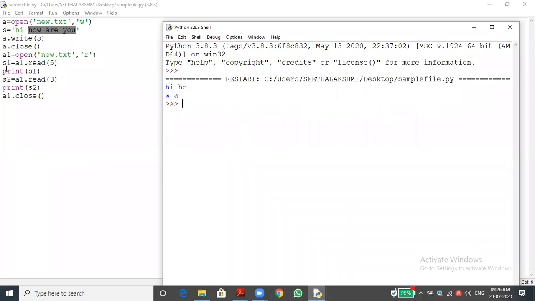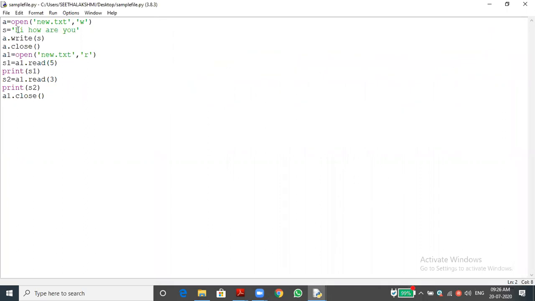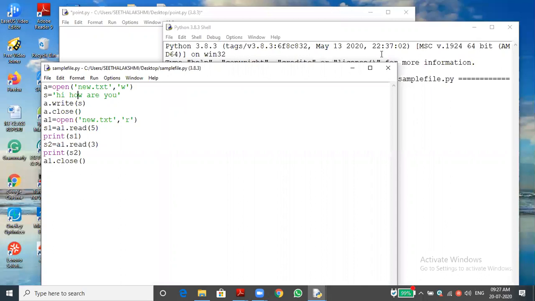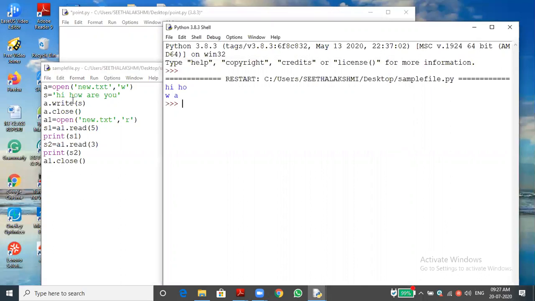You can see s1 equal to a1 dot read of 5. Read of 5 means I am asking it to read the first 5 characters. What are the first 5 characters? They are H, I, a space, and H, O. So, HI is 2 characters, 1 space, and HO, totally 5 characters.